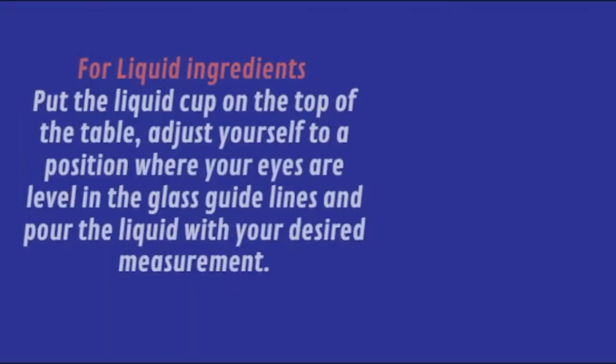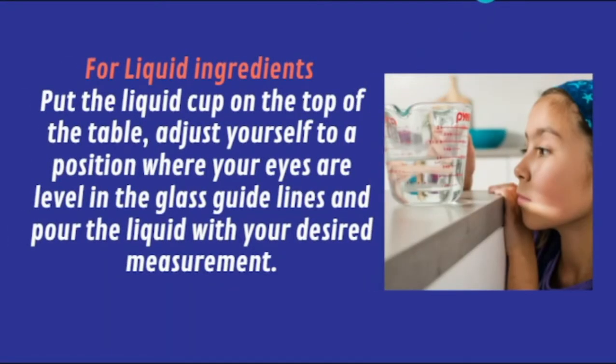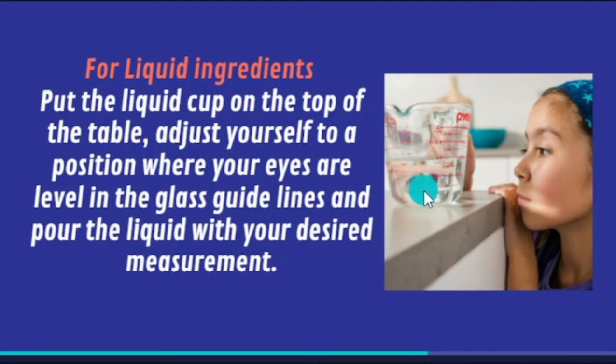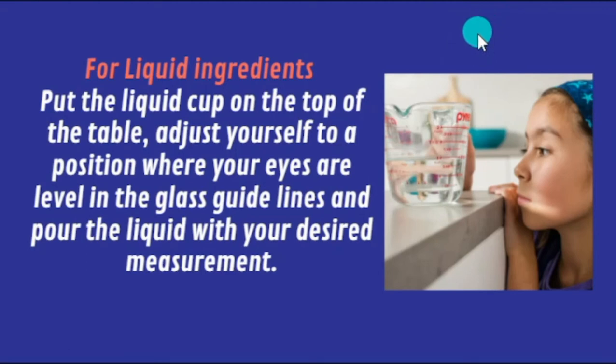Moving forward, how about liquid ingredients? We're done with dry ingredients, like powder and vegetables, so let's talk about liquid ingredients. What are the types of liquid ingredients? It may be water, milk, juice, broth. Those are liquids. Now the process is, first put the liquid cup on top of the table,